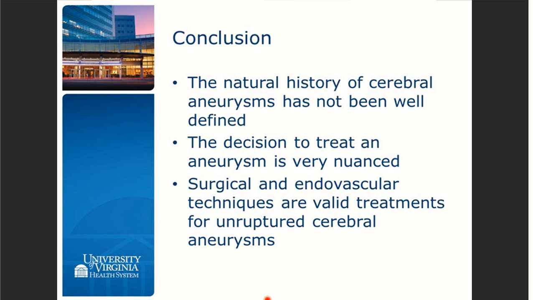So for me, it's all about risk-benefit, and I try to use the data as much as possible, explaining what we know, much of which has been presented today, and then also discuss my experience and come up with a logical recommendation for patients. I also really try to involve the patient in their own decision-making so they don't feel like they're being pushed in one direction or the other,